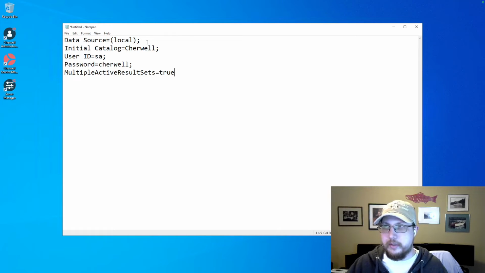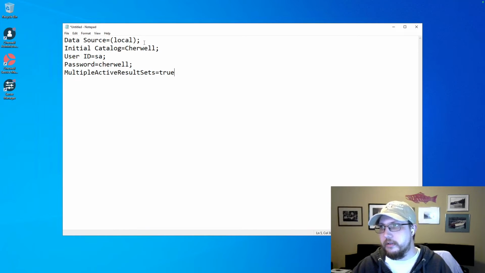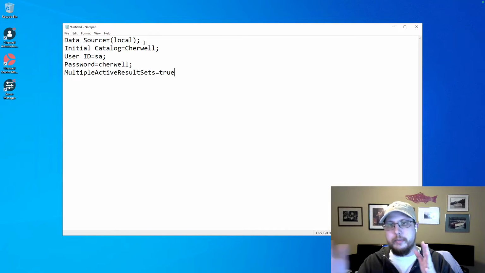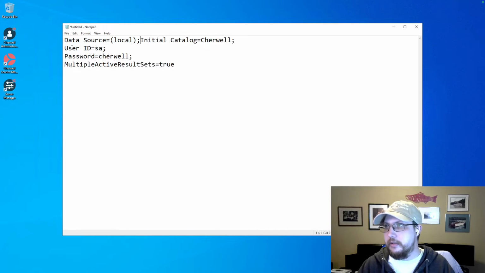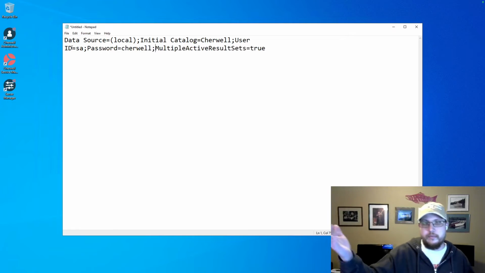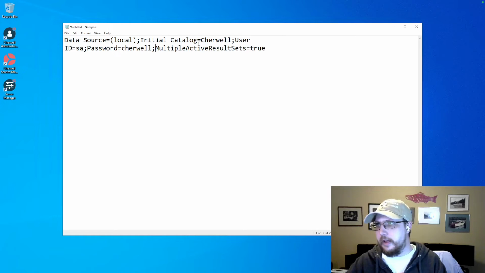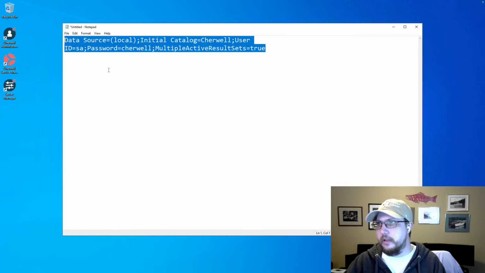The first four end with a semicolon. Technically, this one could end with a semicolon too, but typically these are just delimited by semicolons, not terminated by semicolons. And then I'm going to go ahead and just remove those line breaks. And I still have word wrapping turned on, so it looks like there's a line break where there's actually a space. But with that, I have a connection string that I can drop into the config file of Cortex,